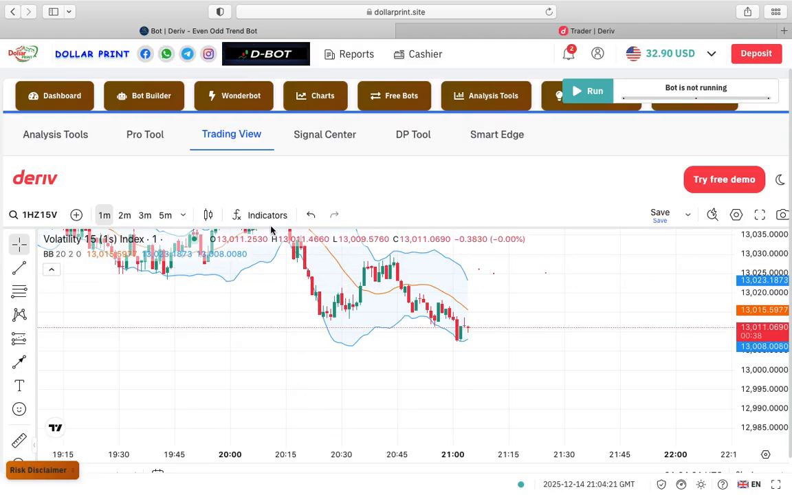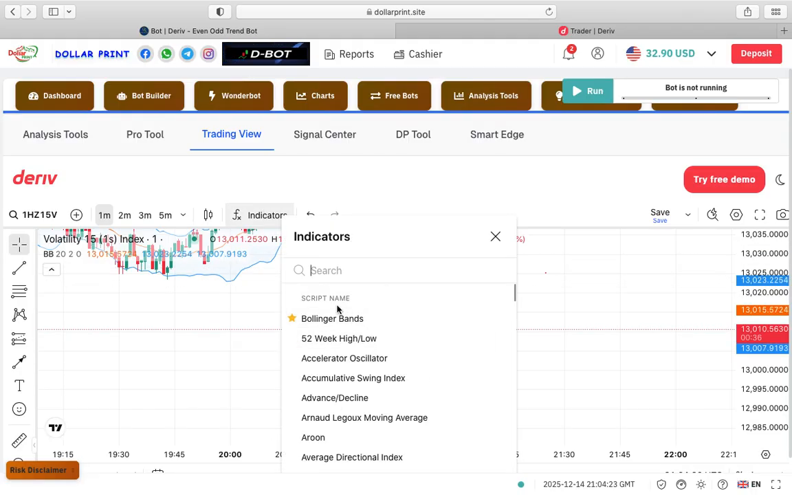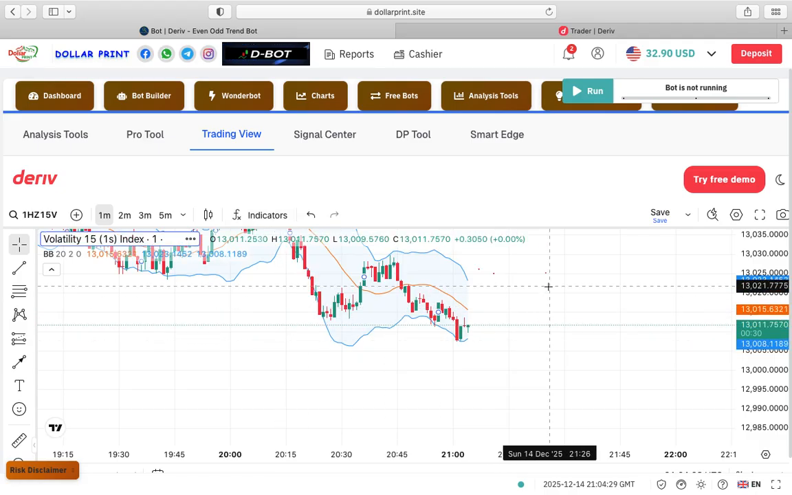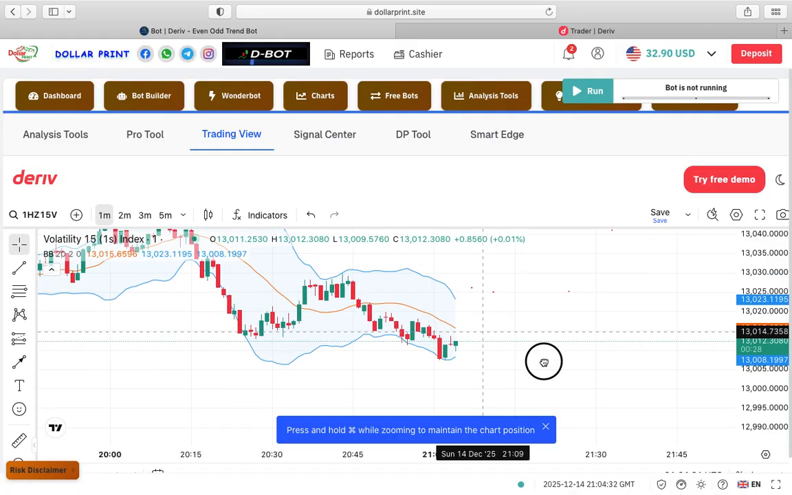So also need to add these indicators, which is the Bollinger Bands. I'm only using these, the plain Bollinger Bands, okay, just like that. And the first thing you need to wait is to ensure, let me zoom,